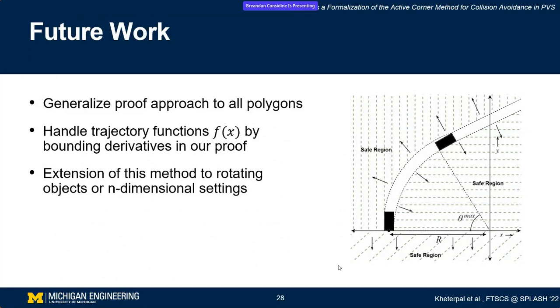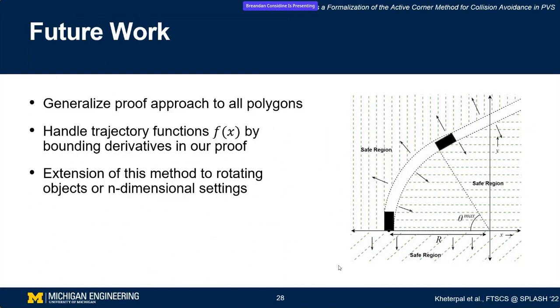I kind of sketched out how we have this recipe for the PVS steps, and we're working on formalizing that algorithm in order to yield these certificates directly. I talked about how we want to be able to bound general trajectory functions, like some piecewise function f of x, and we envision doing this by bounding the derivative of some sort of worst case minimum and lower and upper